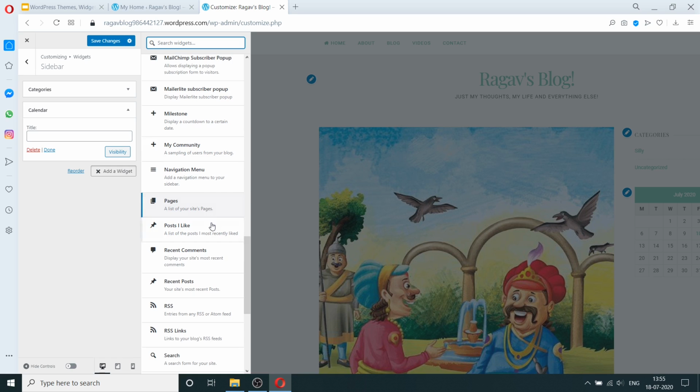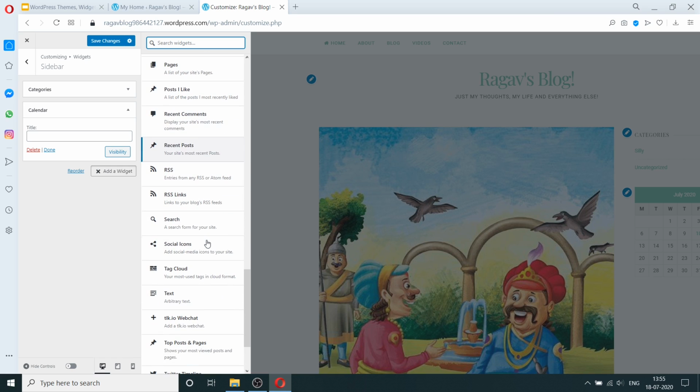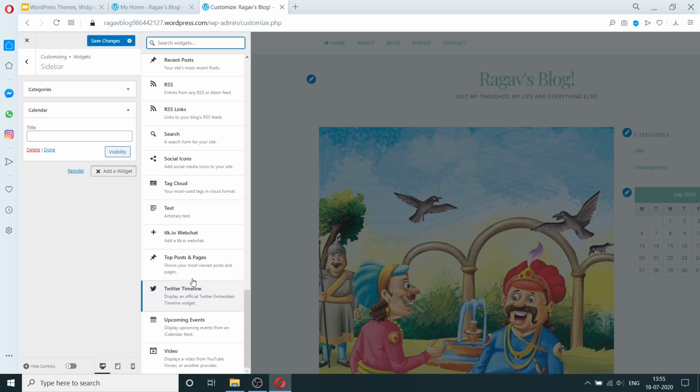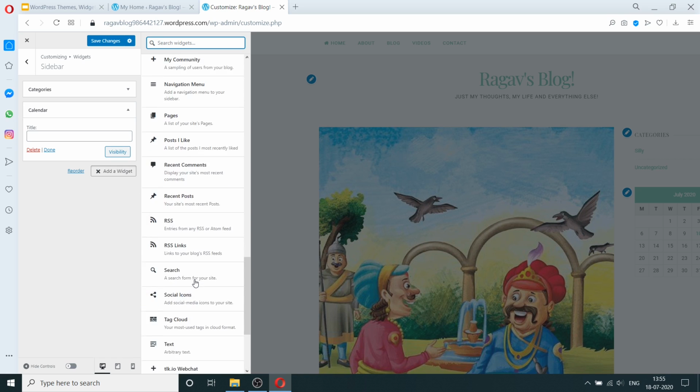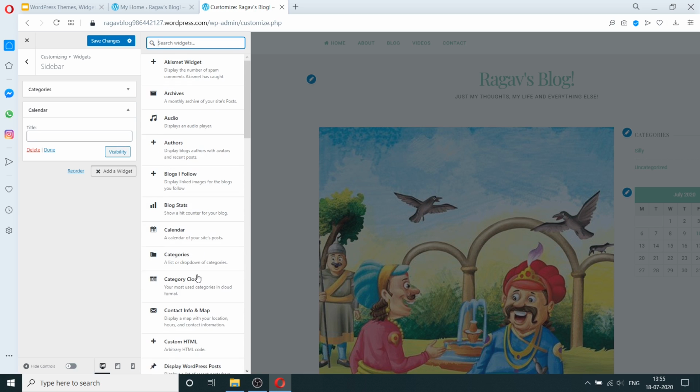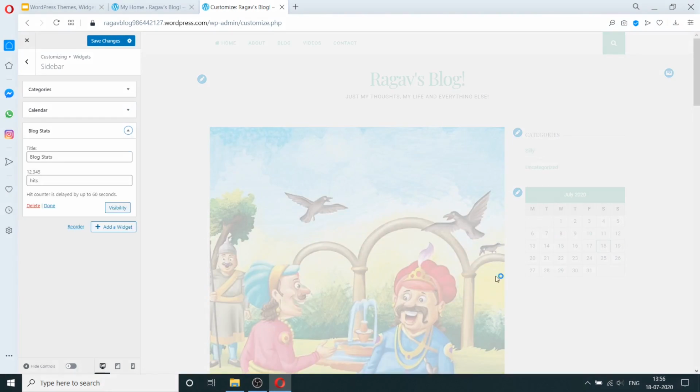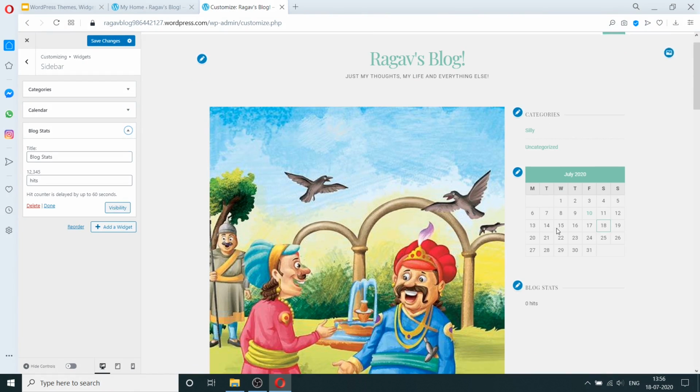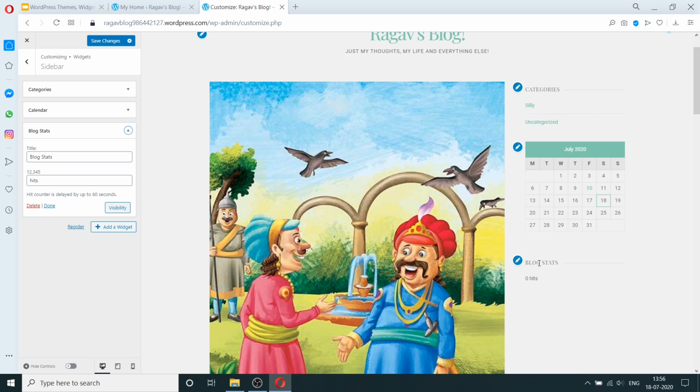You can see the pages, recent posts, social icons. What I'm going to do is add some statistics. Here it says blog stats and it says 0 hits, which means that 0 people came and visited our website.